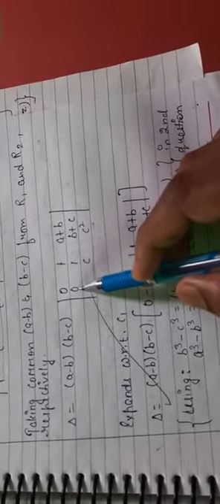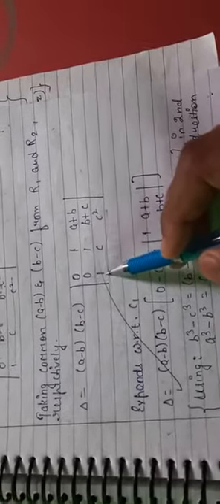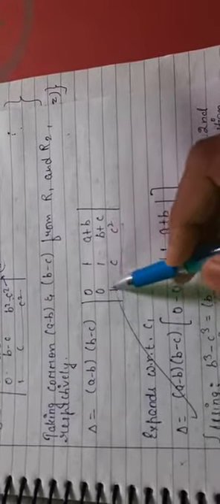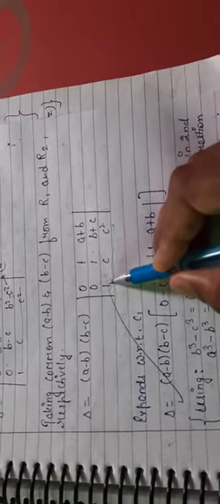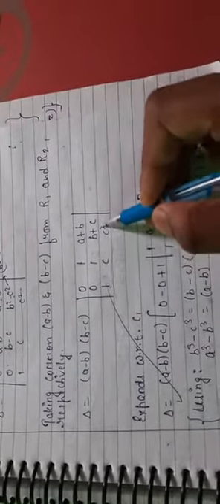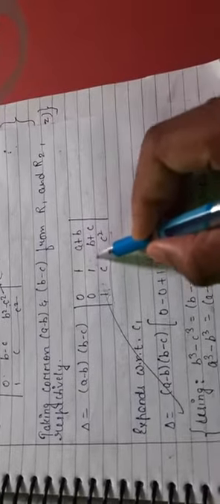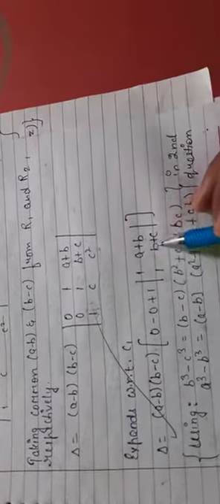After that, these two elements are 0 in the first column. So we will expand according to the first column, not the first row. The sign convention rule is the same, plus minus plus. If we take plus 1, then its corresponding row and column will be deleted, and only these 4 elements will remain. I have written this here as it is. Now cross multiply both: b plus c minus a plus b.